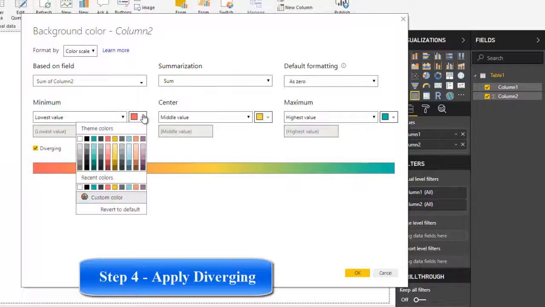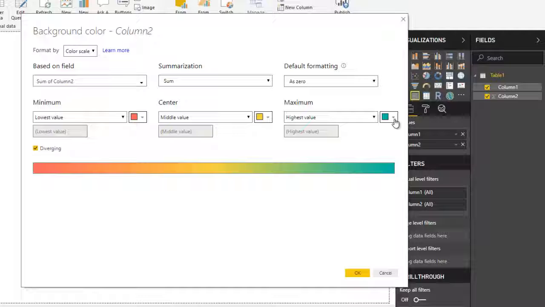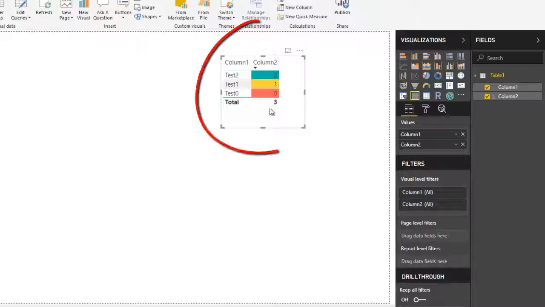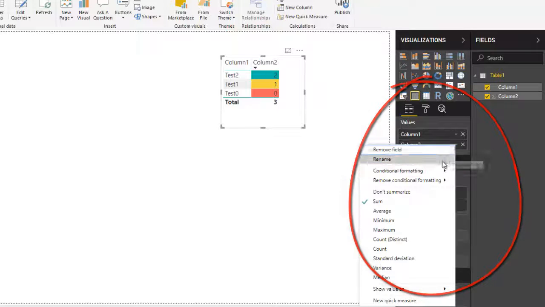Now, you can change the colors of each one of these, so you can change the color scale of how you want it to gradient from lower to higher. If I say OK to that, it will actually show you that it color scales it according to the rules we applied. Now, if you want to go back and modify this information, you can come back in here